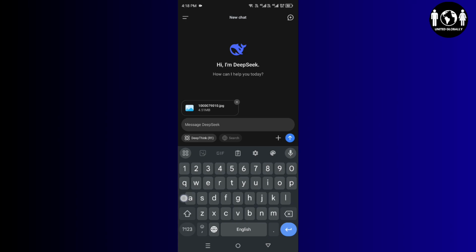If you would like to give any kind of prompt, you can just add it up here. Like if it's an assignment, you can ask it to solve it. If you want to translate something, you can ask up here. So whatever your query or prompt regarding it, you can add it. Here I have uploaded a picture, and my prompt will be to answer that, because this one is sort